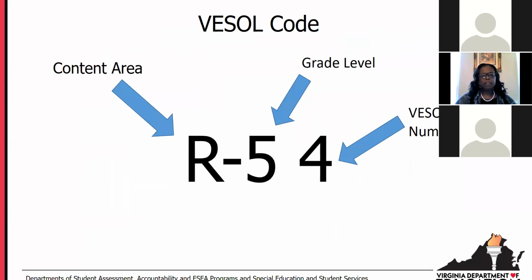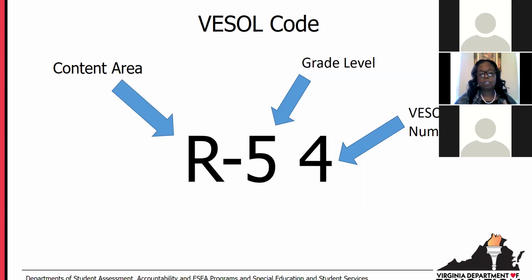So when we look at the VESOL code, in terms of format, it's a very simple format that is really designed after the ASOL codes that we use for the old VAAP. So for the VESOL code, all of the codes, regardless of the content area, begin with a letter. And that letter tells you the content area. So in this case, the R is there for reading.